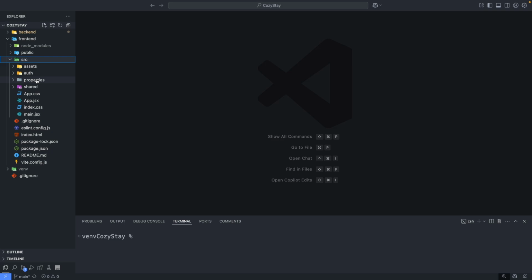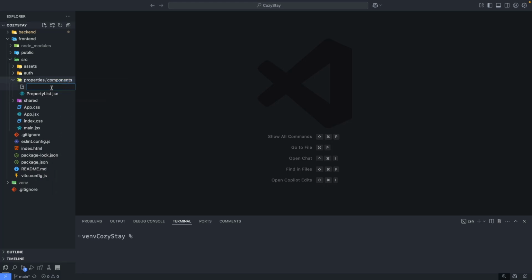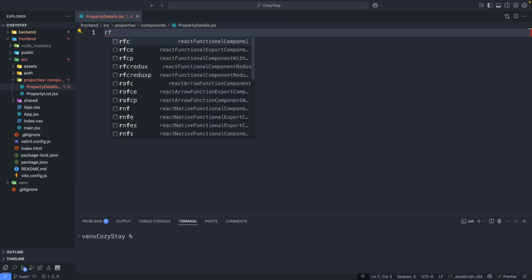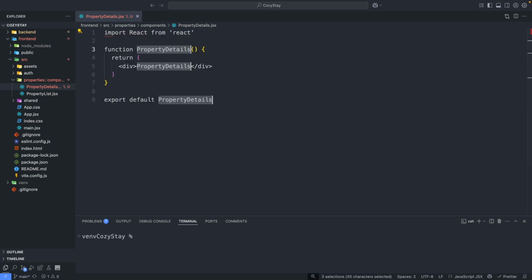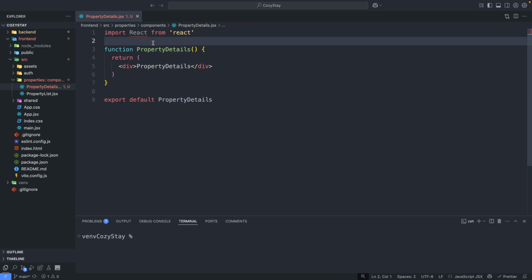And first things first, in properties here, we're gonna create a new component. Let's call it property details. And create the new component. So I'm using this detail property here, looking good. So first things first,